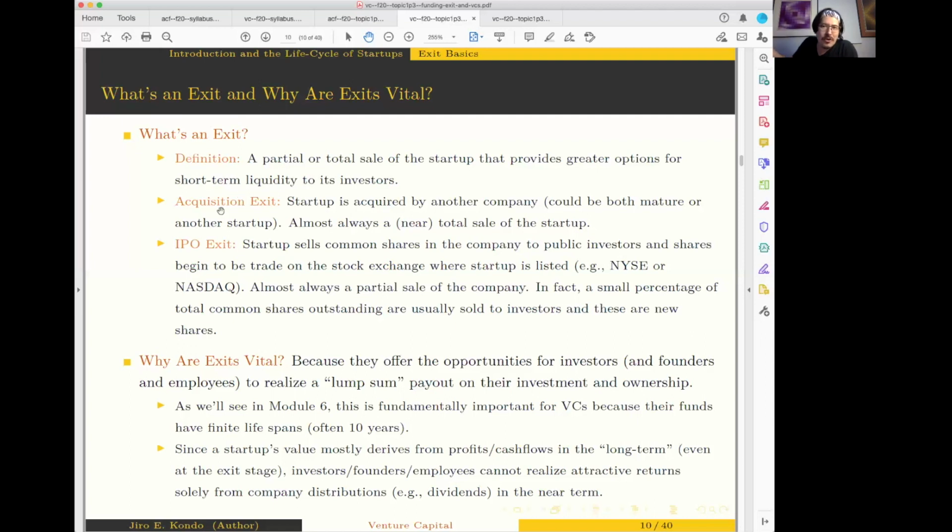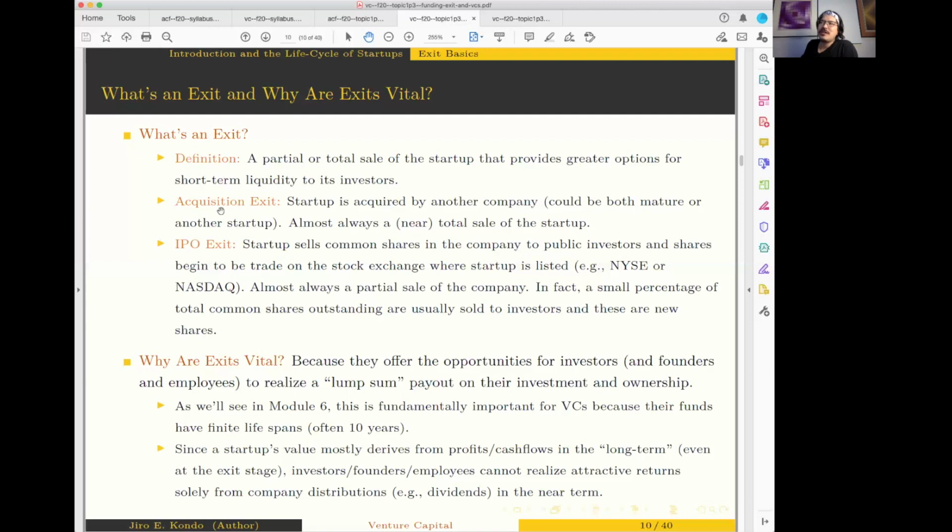And there's two categories of these types of liquidity events. There's an acquisition where you just get rolled into another company, or there's an IPO exit where you don't get rolled into another company. You're still that same company. It's just now there are some new holders, and you start having active trading in the shares of your market.